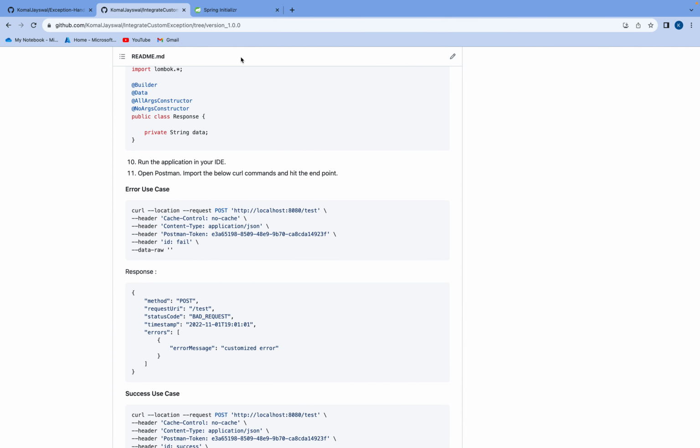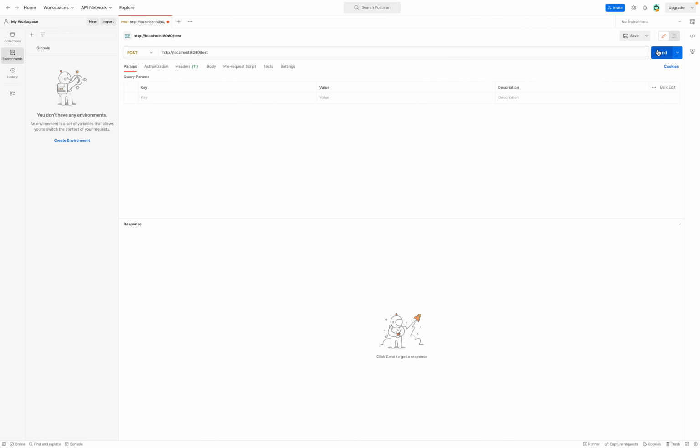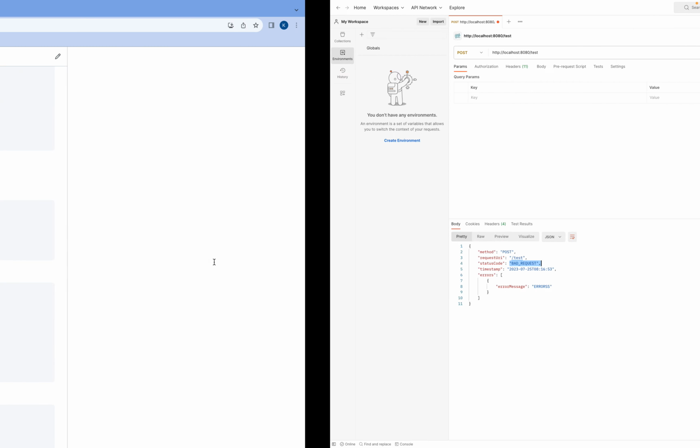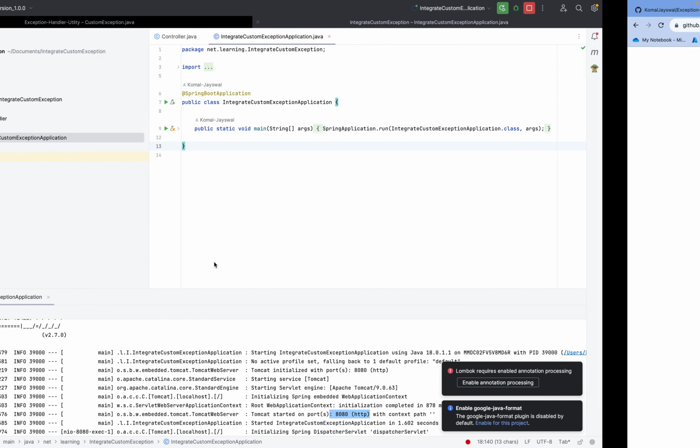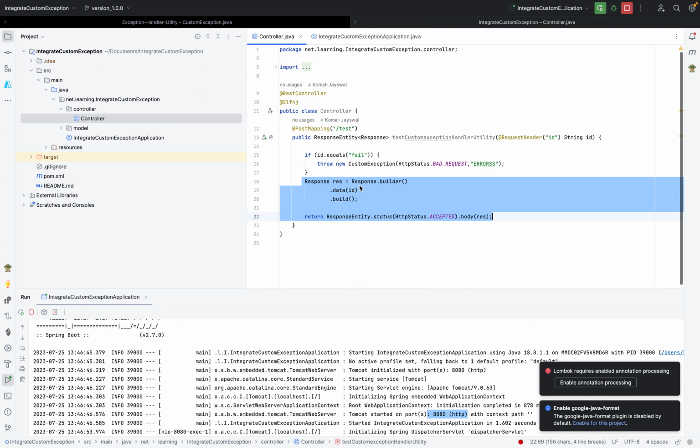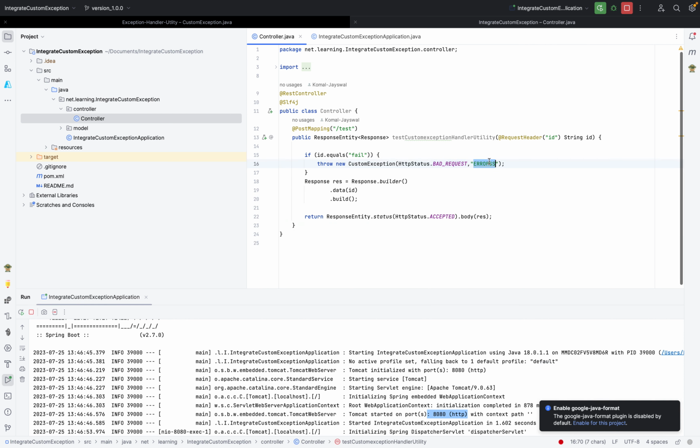So I'll go to Postman. Here I run. So we are getting the error. See, the errors I have written, that's why that error has been coming here. It's the bad request which I am sending. I'm sending a bad request over here, right? See the bad request, so that's why it is coming as errors. So for example, I give internal server error here and give